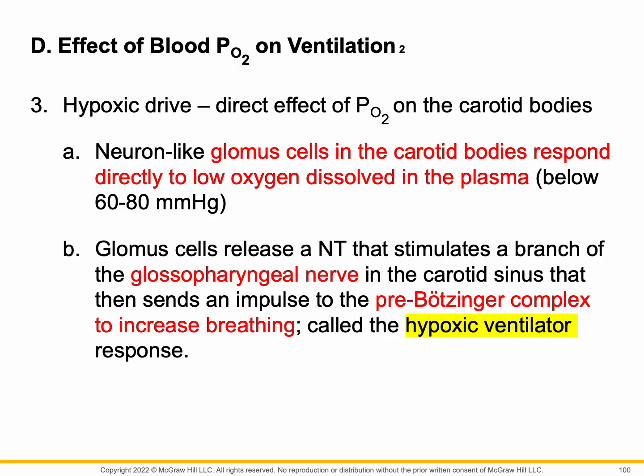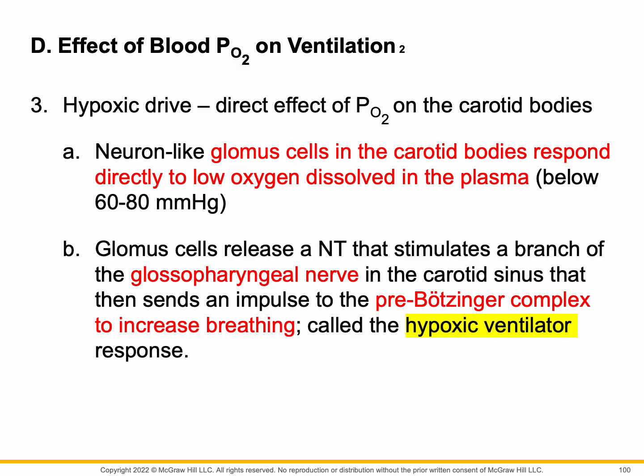Glomus cells detect drops in arterial oxygen. Hypoxia inhibits specific potassium channels on the cell membrane. The potassium channel inhibition causes membrane depolarization, which then opens voltage-gated calcium channels. The calcium influx triggers release of neurotransmitters like dopamine and acetylcholine, and these neurotransmitters stimulate a branch of the glossopharyngeal nerve in the carotid sinus that then sends impulses to the pre-Botzinger complex